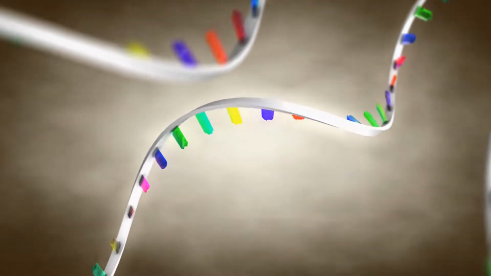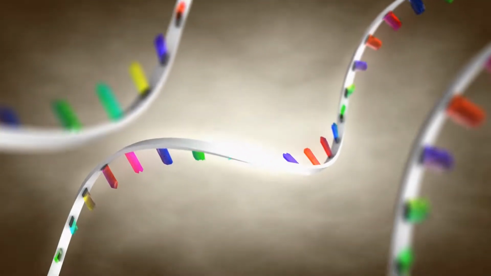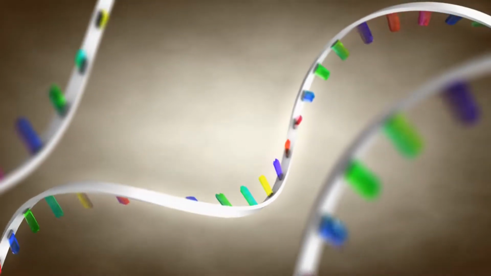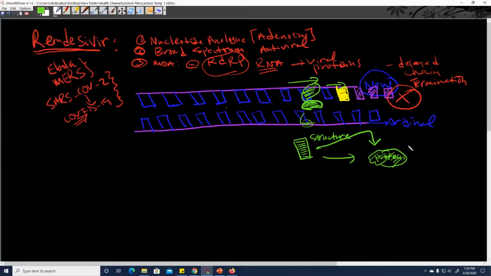And if you get different structures, different molecules that are being integrated into this RNA structure, that means in this case you're going to stop producing the RNA, but sometimes you can get different proteins, and that's how you can either help or mess up the biological